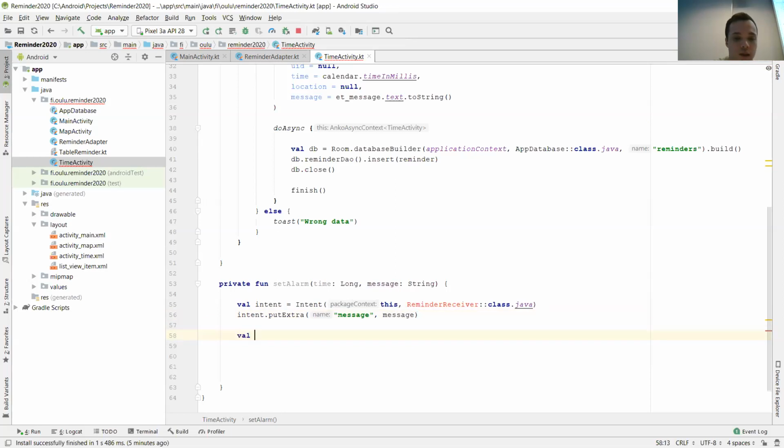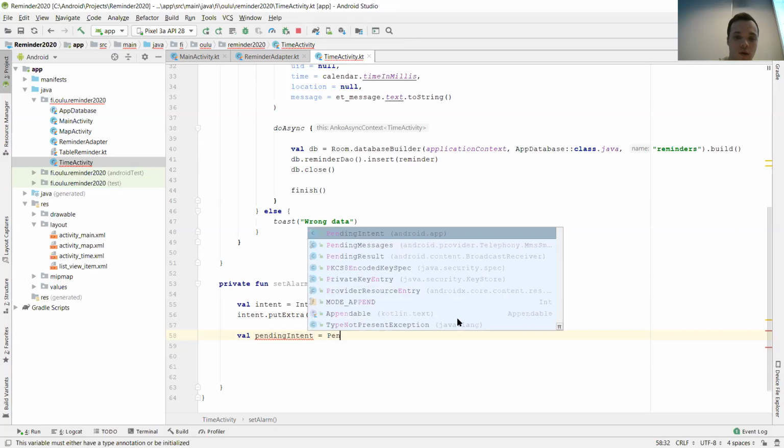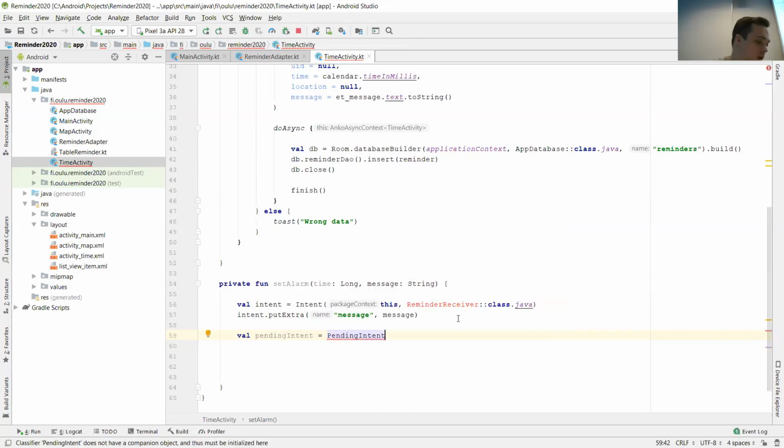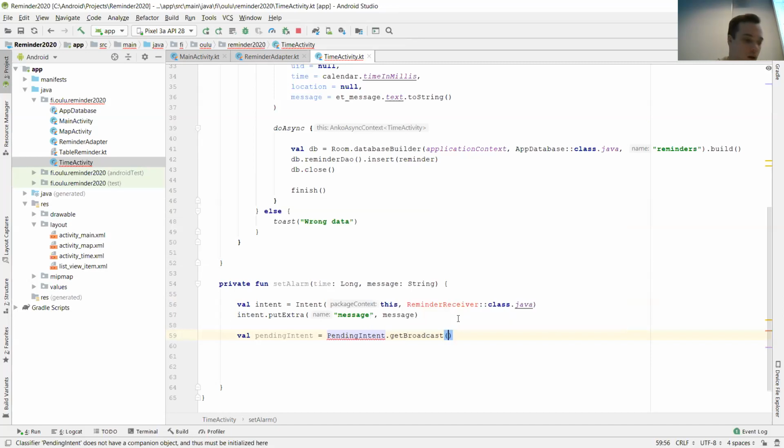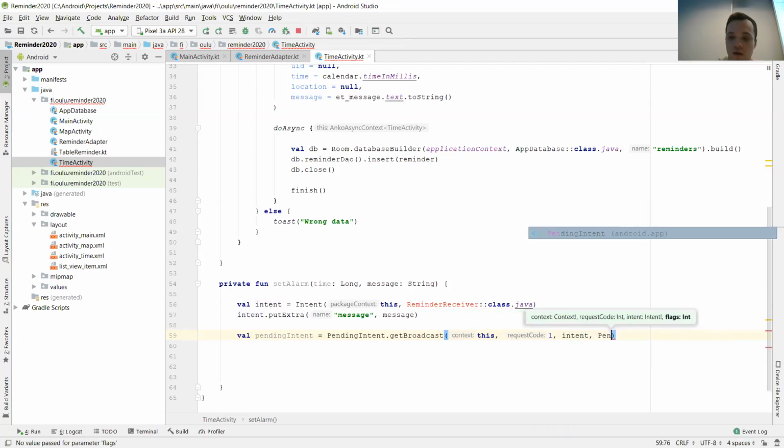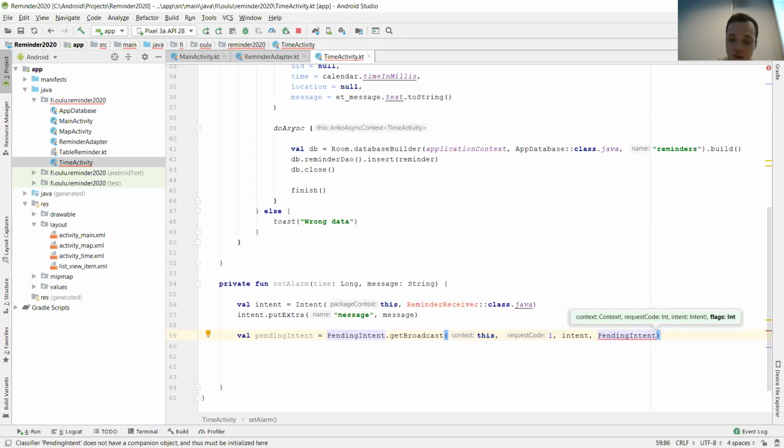Then we need to create a pending intent of type pending intent, get broadcast, this one, intent, pending intent,